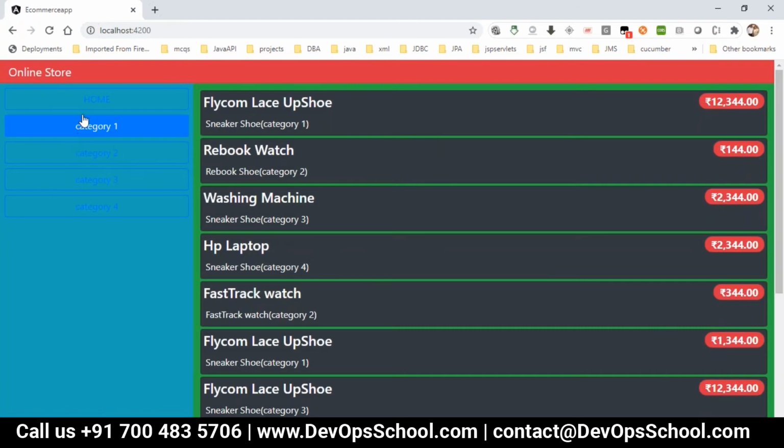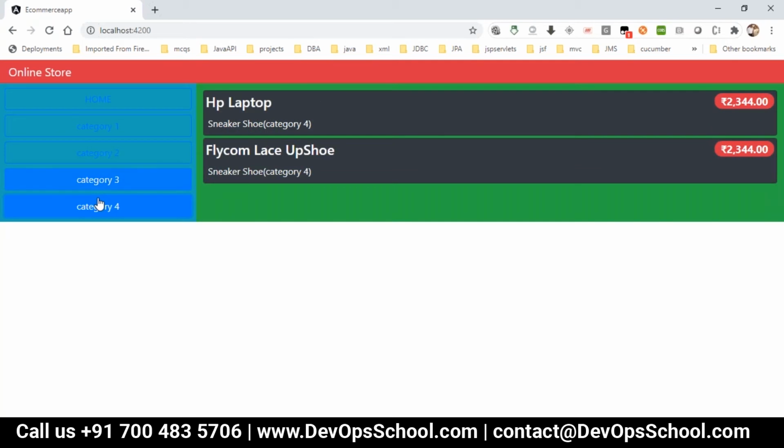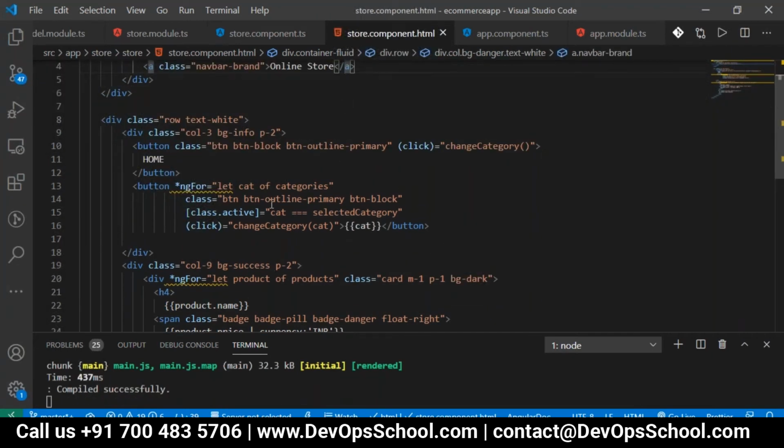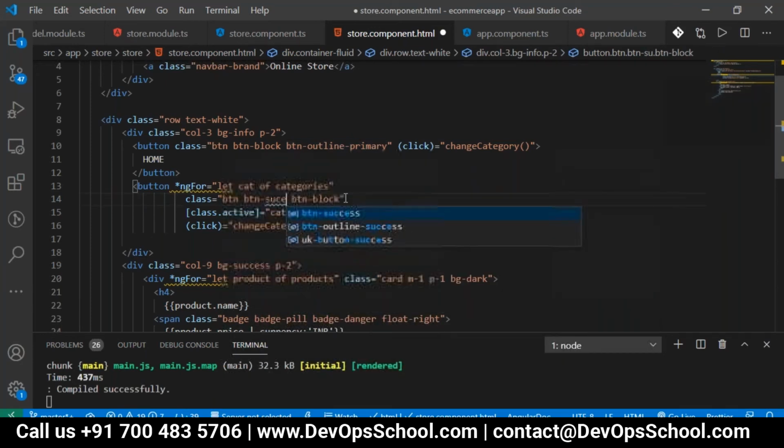In the same way, the home category and all is not looking good, because whenever the page loads, it should be visible. It's merged. For the category we have written, I guess, button outline primary. Let me change it to something else, button success, or button outline success.